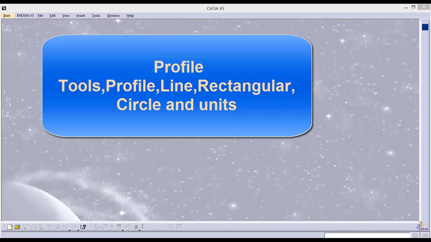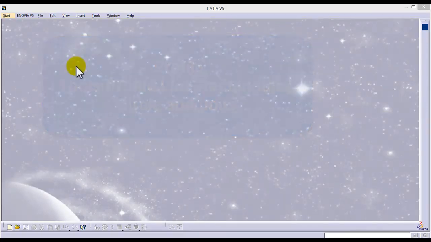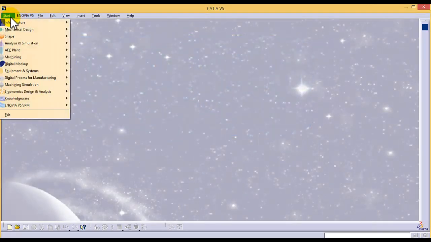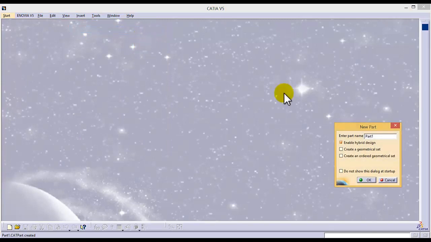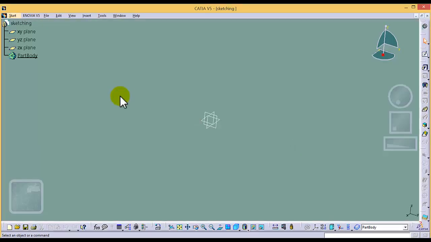Hi guys, so today we are going to discuss some tools related to sketching. So go to mechanical design, part design, and name the part anything, and we need to sketching. Okay, and the sketching, the feature based window will appear, and then to start the sketching, first you